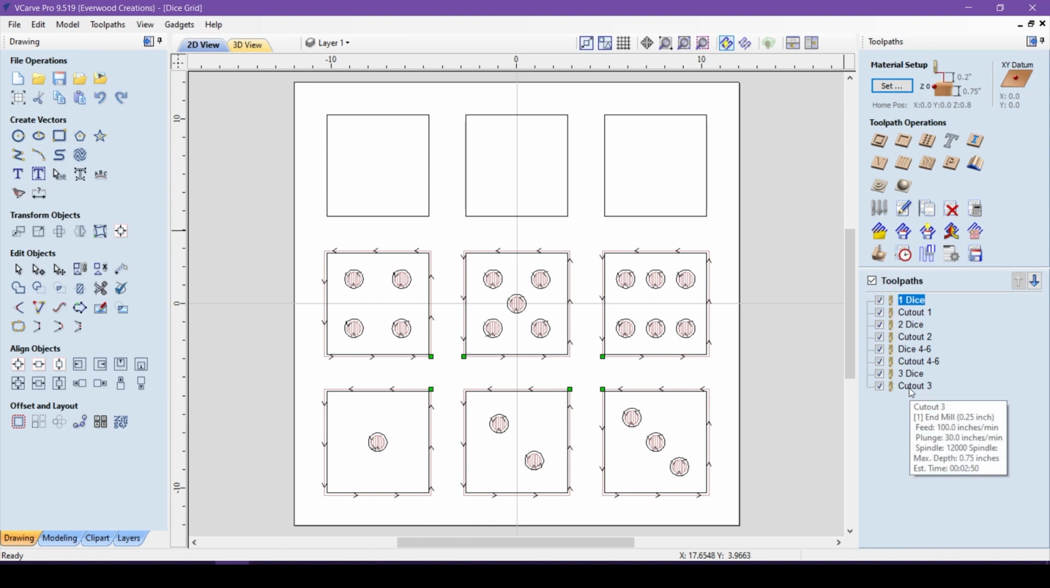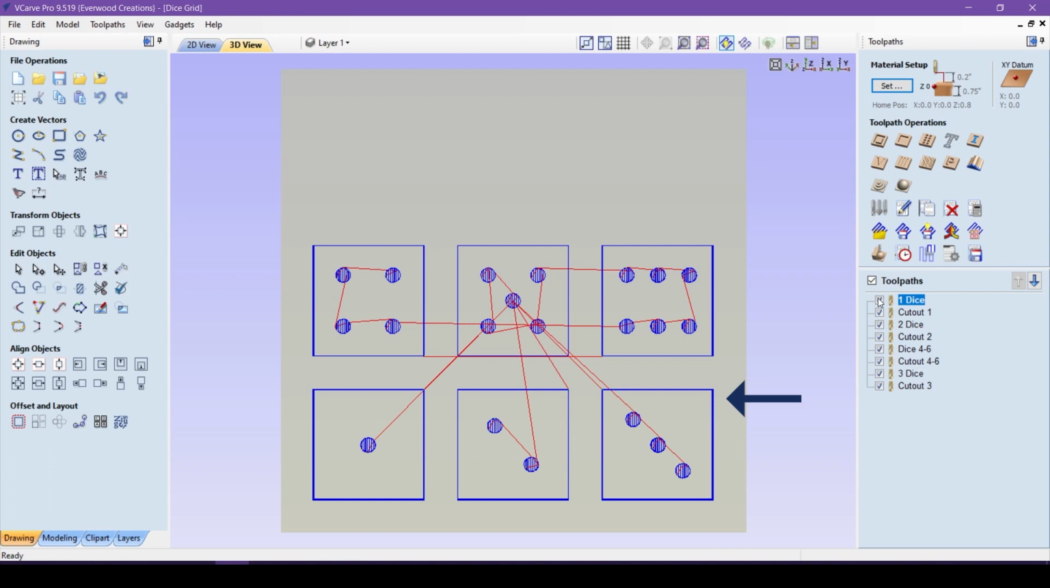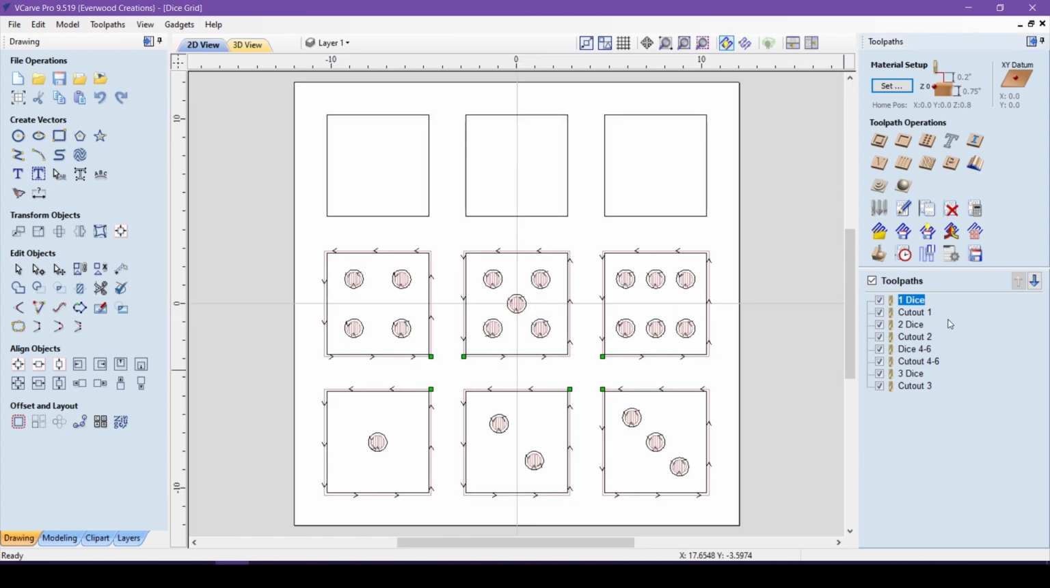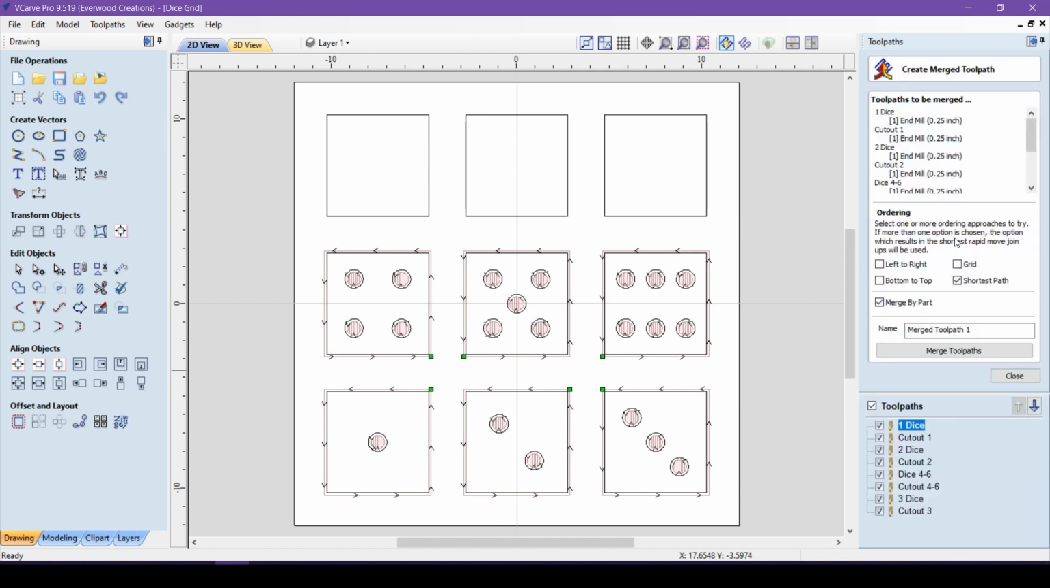You can also tell a toolpath is visible because it will show up as lines showing the path of the tool in both the 2D and the 3D view. Once you have all the toolpaths you want to combine visible, you hit the Merge Toolpath button and it will